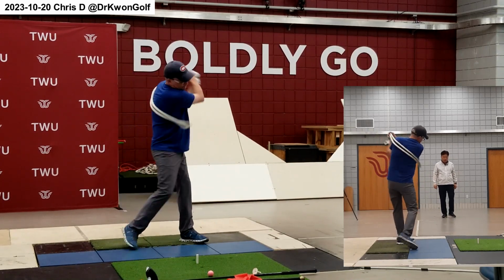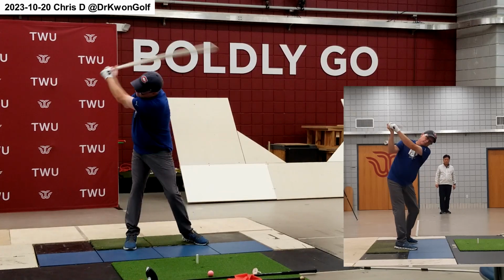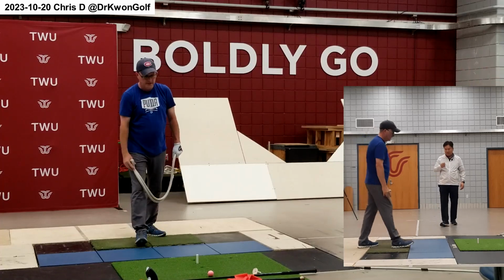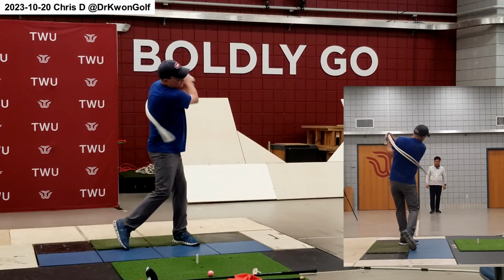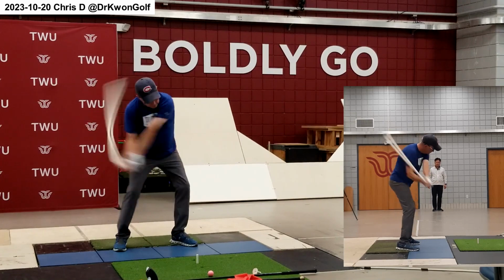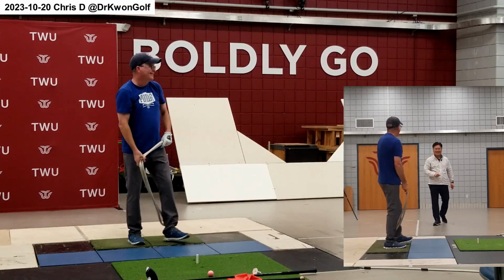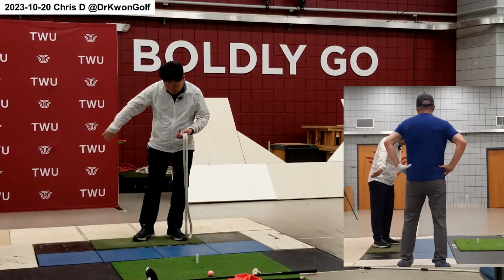Gaze control, gaze should be on the tip. So in the backswing, the rope goes more this way. In the downswing, it tends to go this way. You have to maintain it continuous. Again. Gaze control, see the target. Now this is a lot more consistent because you now have the task. So this is the idea. When you have a clear task, then automatically you start controlling this. Come this way slightly